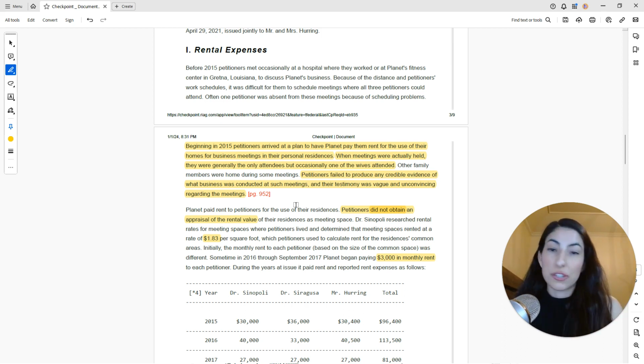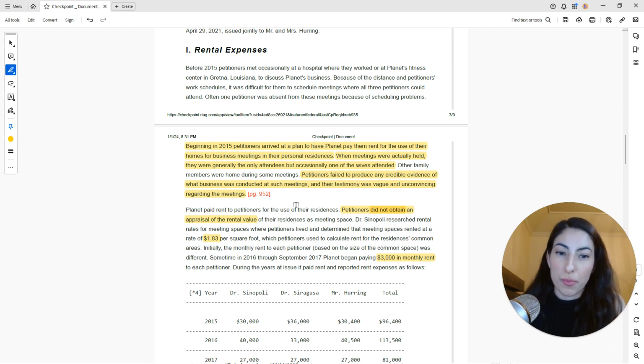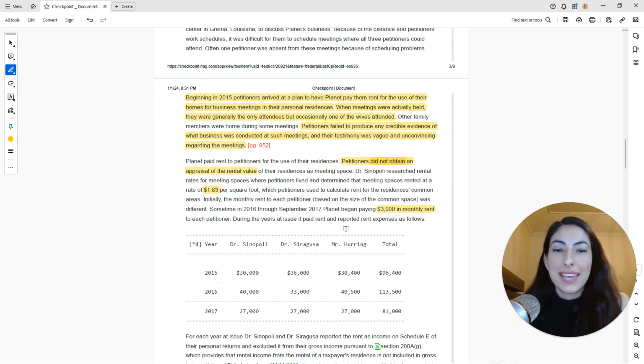It could be you're in just that best location ever, and maybe you're renting it on the weekend where there's a big tournament or big game in town. That could be a scenario where you may say, maybe I need to get some additional support for this because the number is so high. But your typical person, it's going to be a regular house in an area where there's clear fair market value comparatives. And what happened here is that, of course, they began paying themselves $3,000 in monthly rent to each.